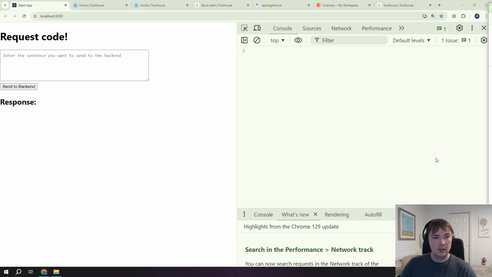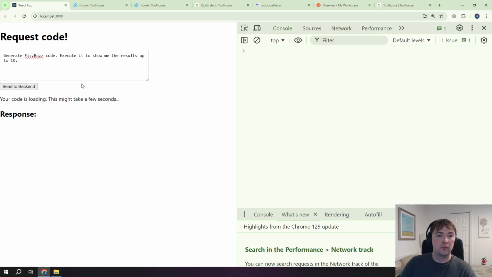So, to show you how this will work, I'll go ahead and run the app that I have running up here. In the app, we have an area where you put in your prompt. You have a button where you click to send the prompt to Toolhouse. It will take a couple seconds to load, and then once Toolhouse is done, it will generate the response and show it here. So here in the prompt, I'm putting in: generate FizzBuzz code executed to show me the results